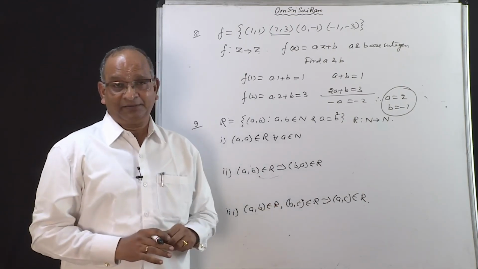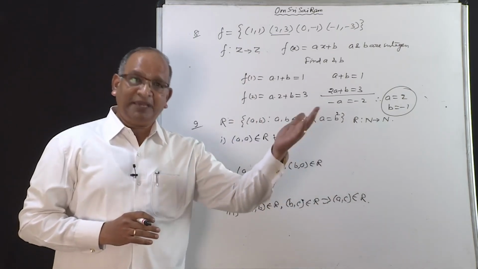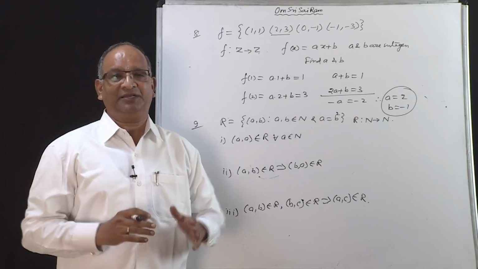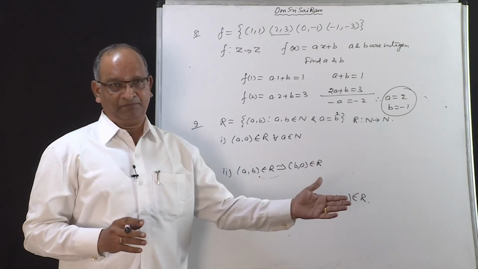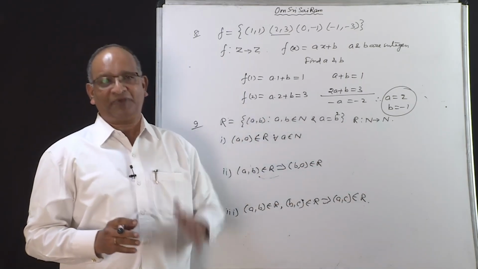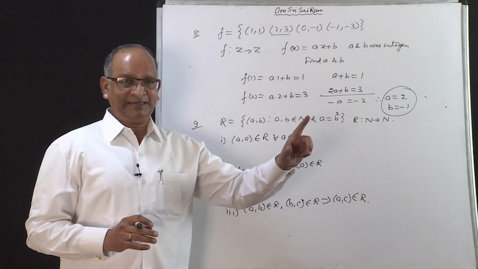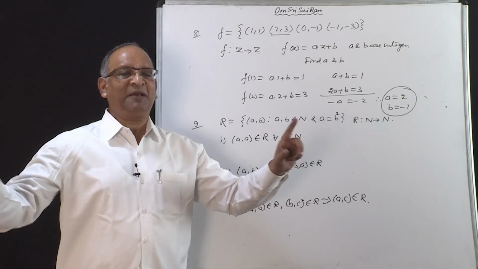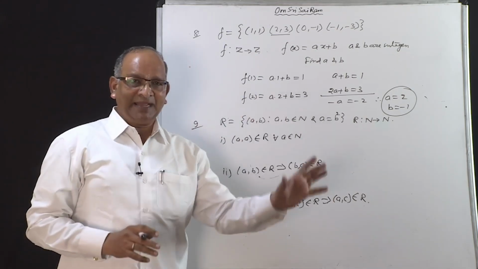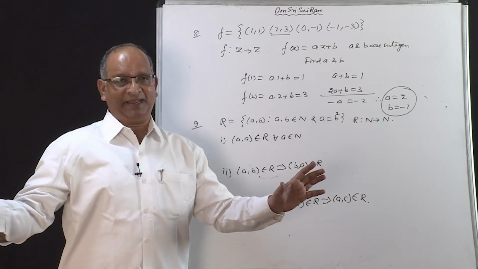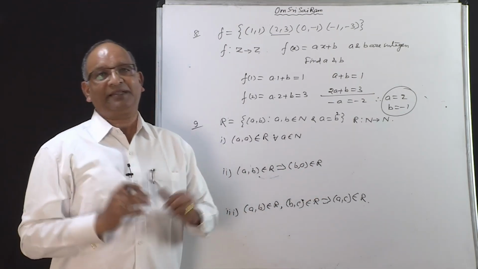What is symmetric? Symmetric says if A is related to B with one relation, and B is also related to A with same relation, the relation is symmetric. Let us say Ram is brother of Shyam. So we can say that Shyam is also brother of Ram. So brotherhood is symmetric. A line L is perpendicular to another line M. We can say that M is also perpendicular to L. A triangle is congruent to second triangle. We can say that second triangle is also congruent to first triangle. So it is called symmetric.